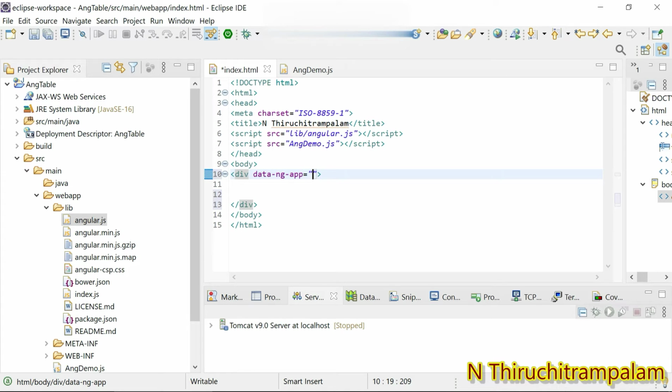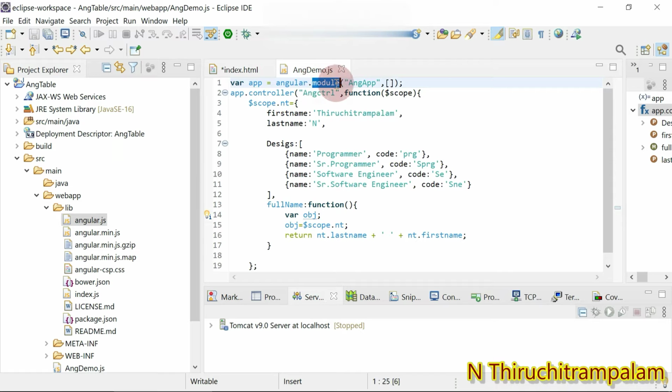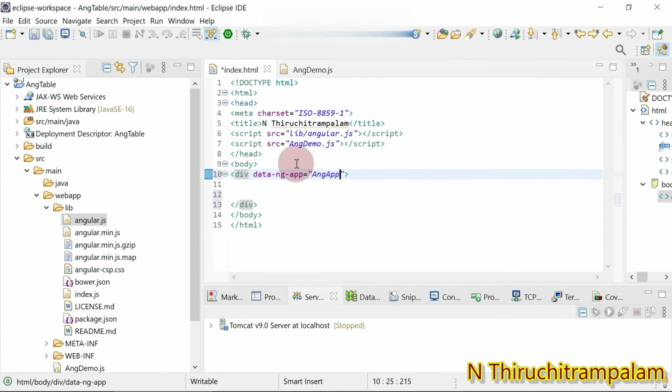The name of the Angular model is angapp. You can see the model we created; the name of the model is angapp. So we have assigned it to data-ng-app, and then